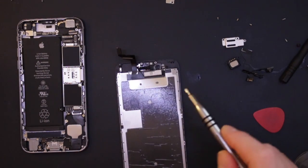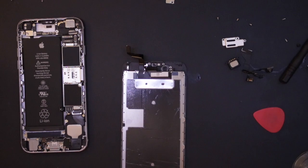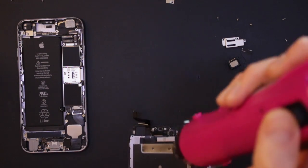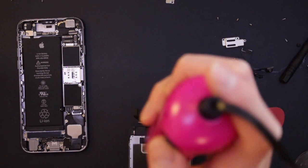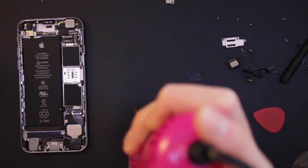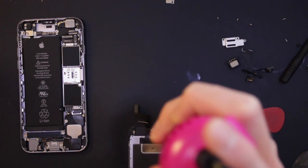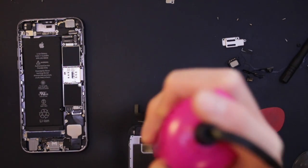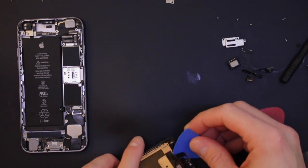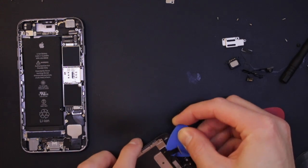Okay, so now we need to remove this piece of tape here that's holding this. This is the display cable here. So we're just going to heat it up. You can use an eye opener for this. I'm just going to use the gun because I've got it. So then we come down here with a pick, and we just want to separate that little bit off of there. This little bit of tape here,